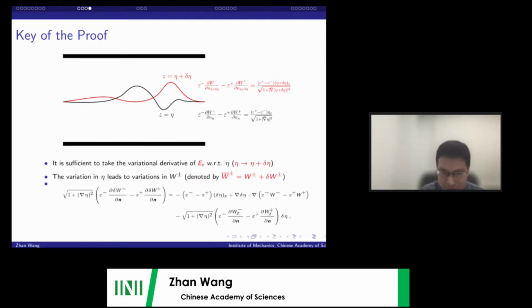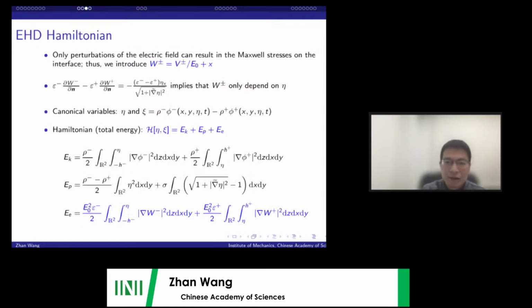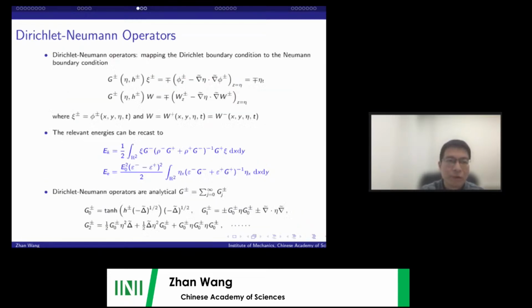The derivation is a bit complicated, and I do not intend to go through the tedious calculations. Okay, so let's go back to the previous slides for a while. The kinetic and electric energies are written with field variables, W and phi, not interface variables. However, if we introduce the Dirichlet-Neumann operator, which is the most important operator in potential theory, which maps the Dirichlet boundary condition to the Neumann boundary condition on the interface by solving the Laplace equation, these energy expressions, the kinetic